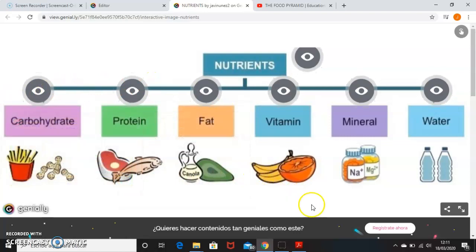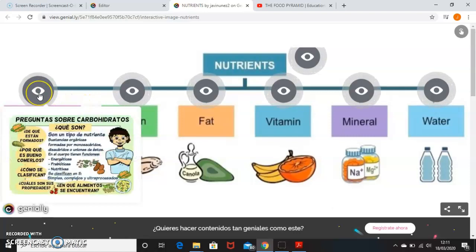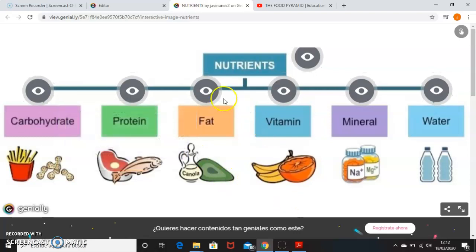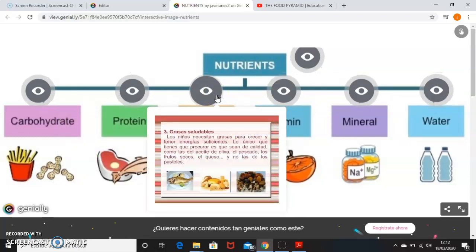Okay, but let's focus now more deeply on all the nutrients. First, we start with carbohydrates, and here you see the definition, what they are good for, and how we can make a classification. Okay, here also we learn about proteins. These are sources of proteins and what they do in our organism. Okay, obviously fat, and in this case focusing on healthy fats,